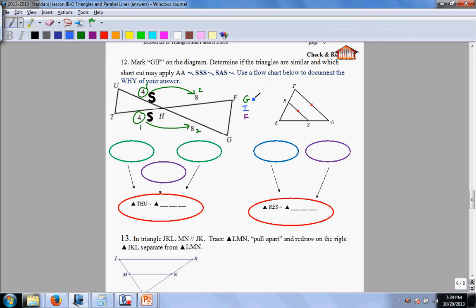And then implied information: there's no parallel line, so I don't have any armpits of the Z, but there is a freebie, and that is, of course, we have bow tie angles or vertical angles. So that's an angle. So I see right now that I have the shortcut side-angle-side. So what you want to do is document what you have on your diagrams here. For example, the very first set of sides, we can do UH over HF